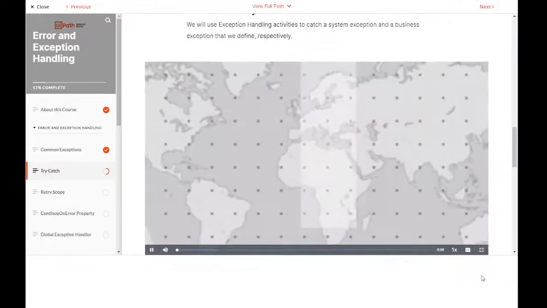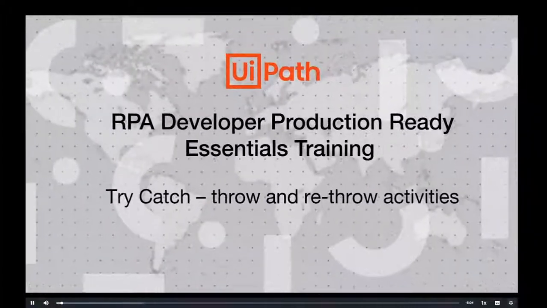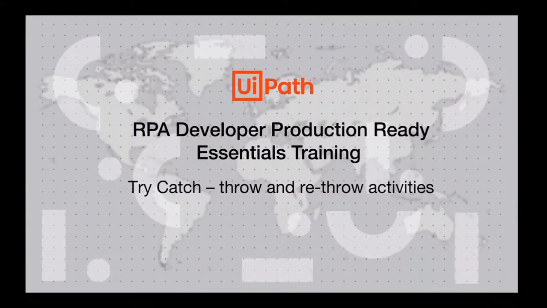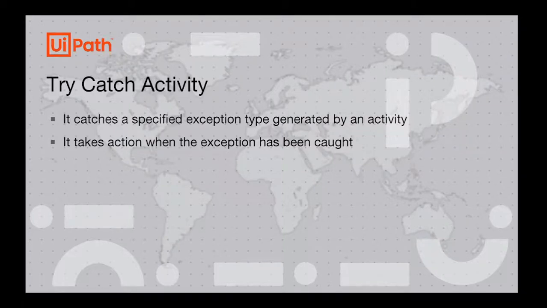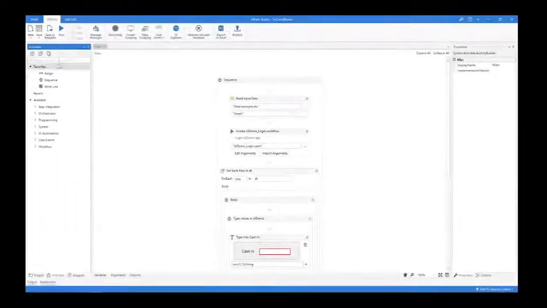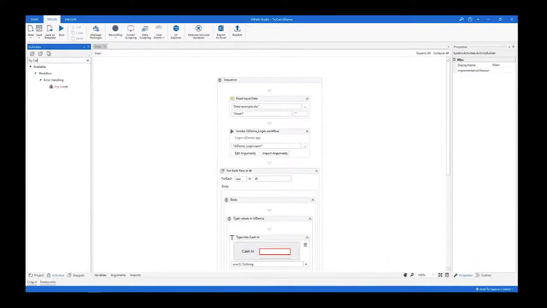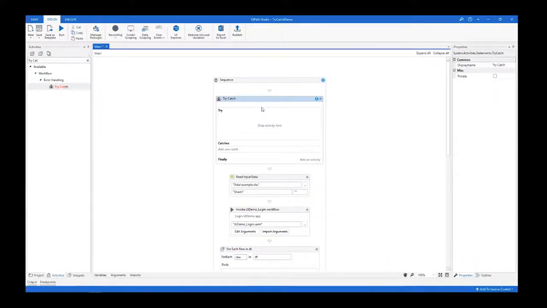Hello and welcome to the Try Catch, Throw and Rethrow Activities demo. The Try Catch activity catches a specified exception type generated by an activity, and it takes action when the exception has been caught. As a first step, we'll drag and drop a Try Catch activity, which contains 3 blocks: Try,